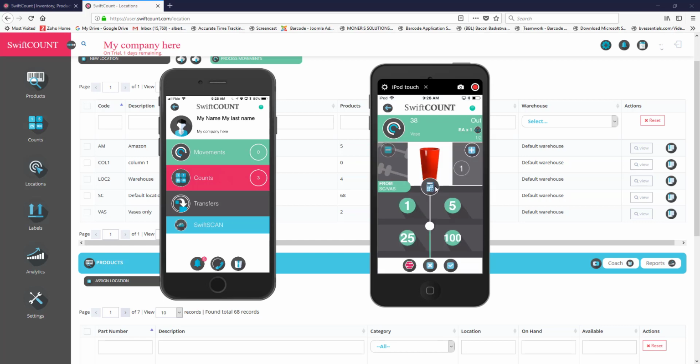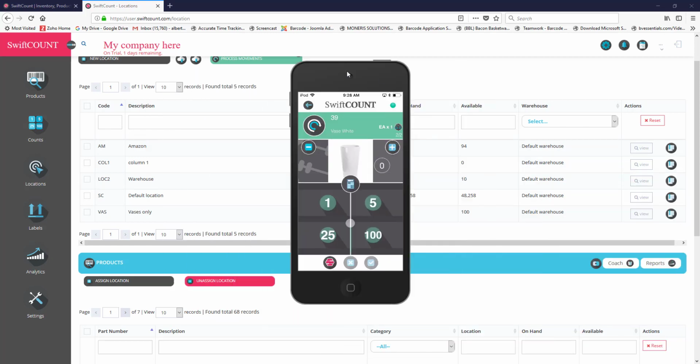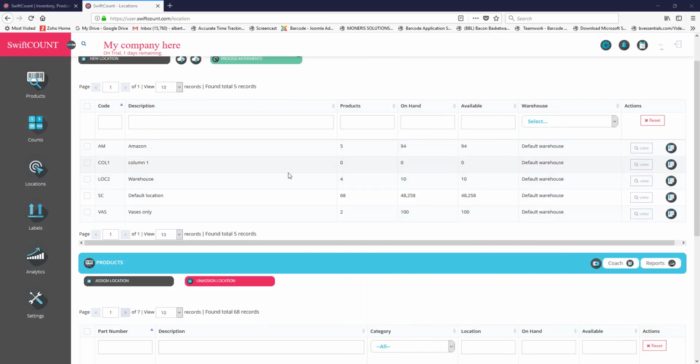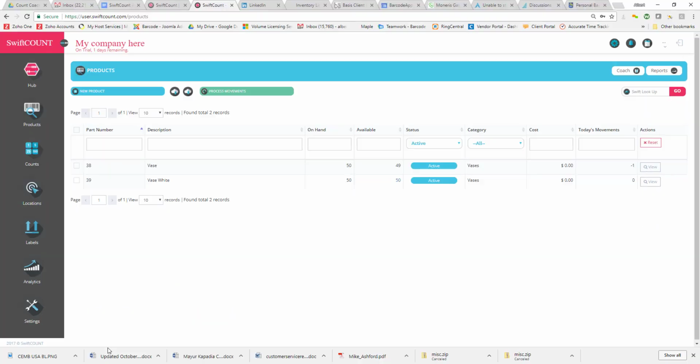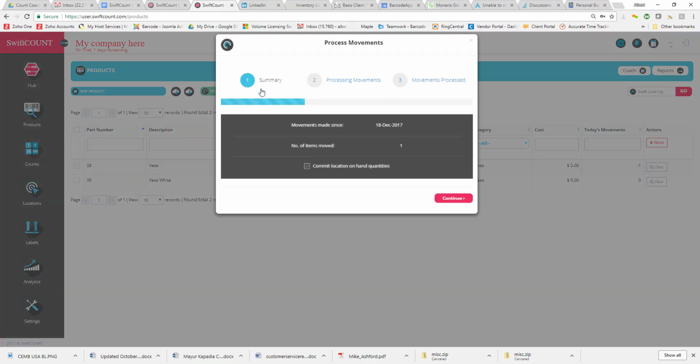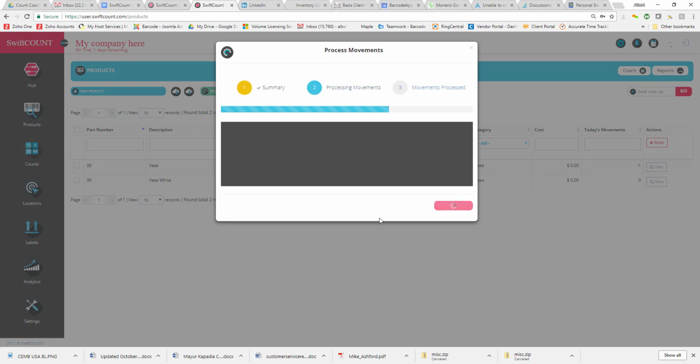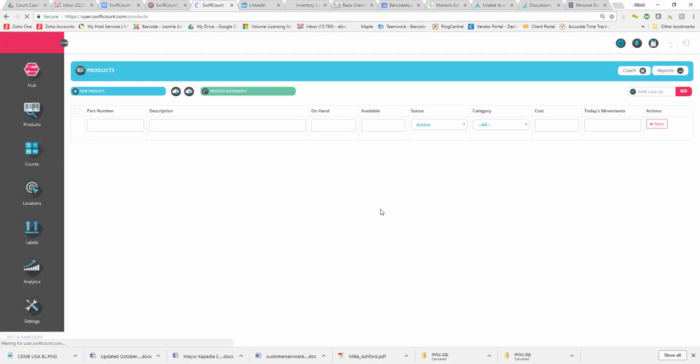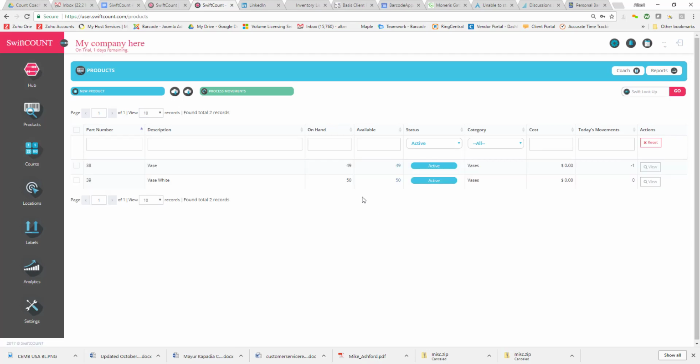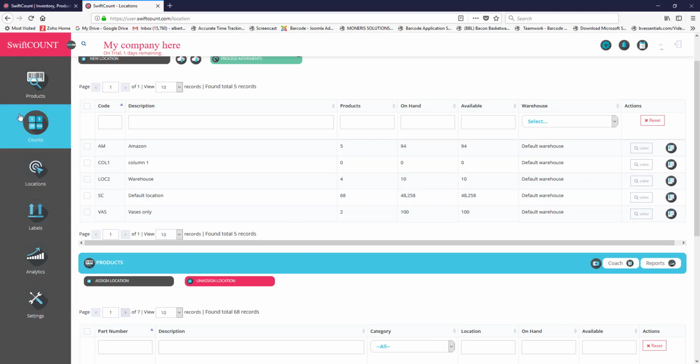So let's say minus one here. I've created a movement. Let's go back to our portal. I will go back to the portal as the user, and I'll be able to process my movement, because it's my movement only, I can do it. Now that I've processed my movement, my quantity has been adjusted because I sold one, so I'm down to 49. And if I go back to my admin portal,